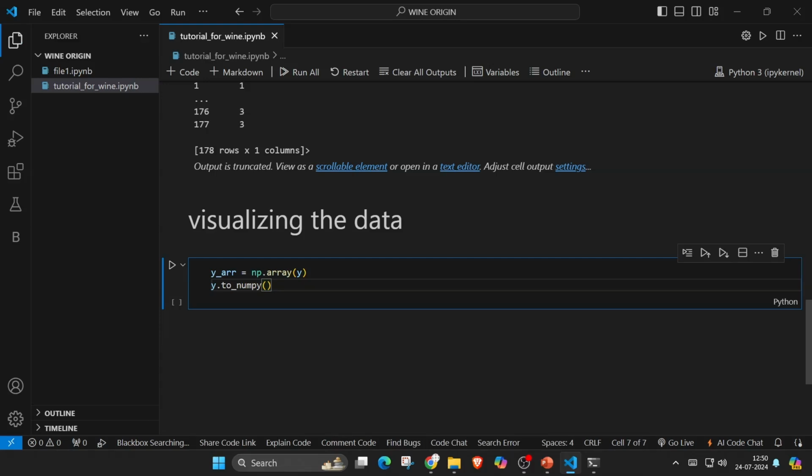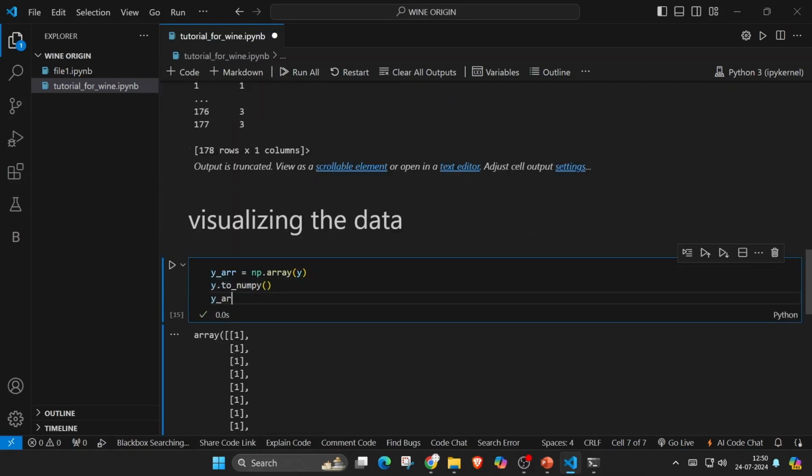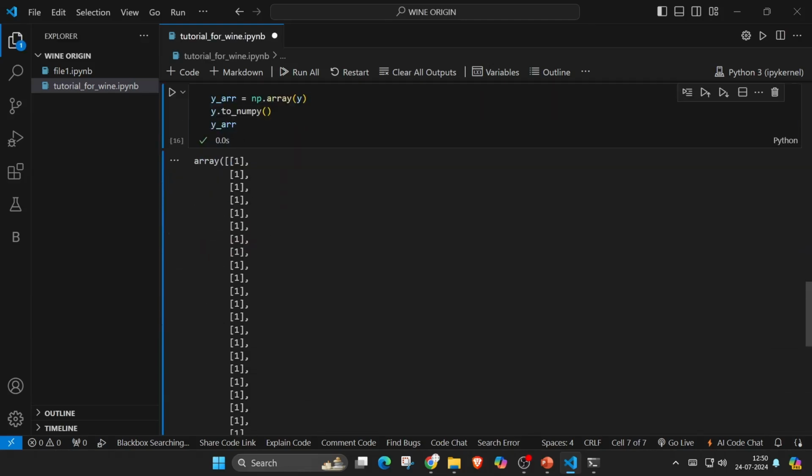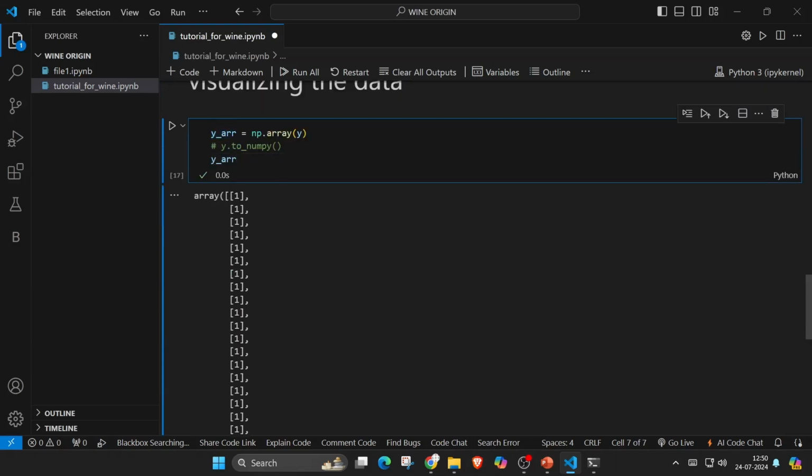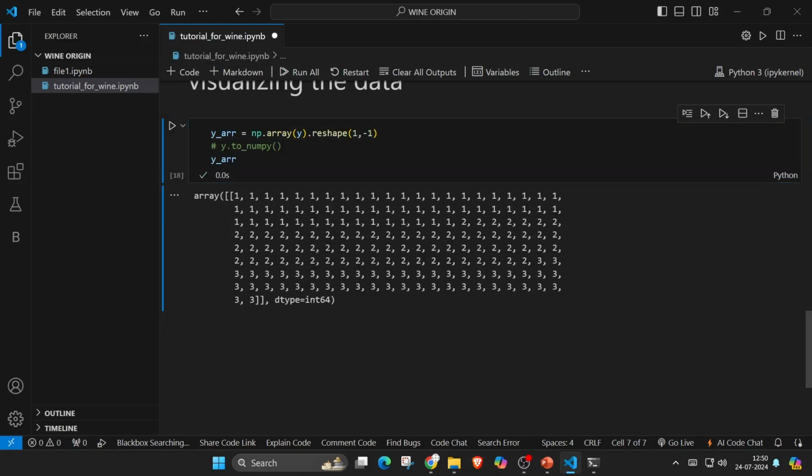Both ways will return a numpy array. Okay, right? So both ways you guys can do this. See over here, you have this, and let me show you y array, and it will return the same output. Let me comment this so that you guys cannot just put a finger on me. Okay, so it's the same thing. But doing it this way, it will be easier for you, because I want to reshape it into 1, -1. Let me tell you what this does. So reshape, first thing is the columns, and the second thing is the rows.